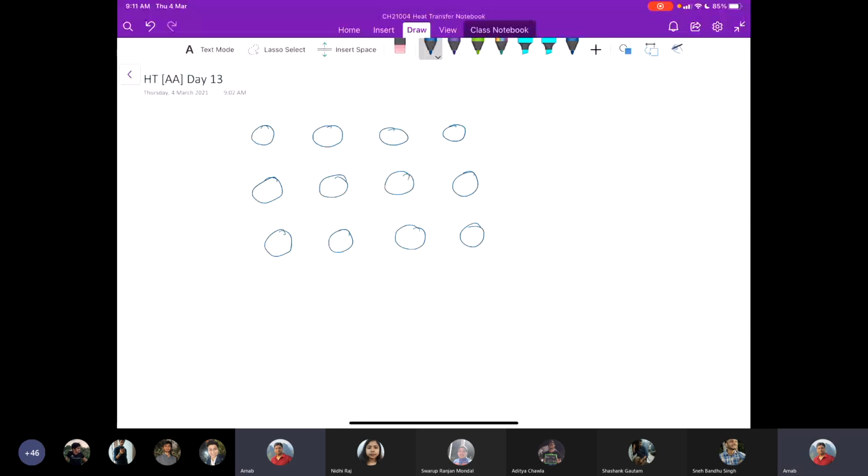Okay, and these are the cross-sectional view, say the front view of the cross-section. Okay. So say the flow direction